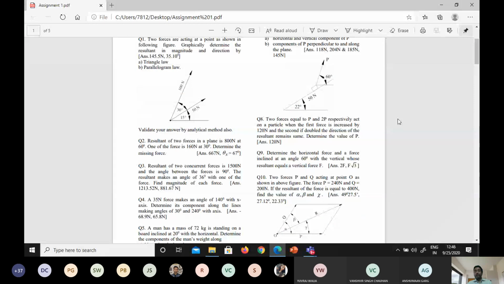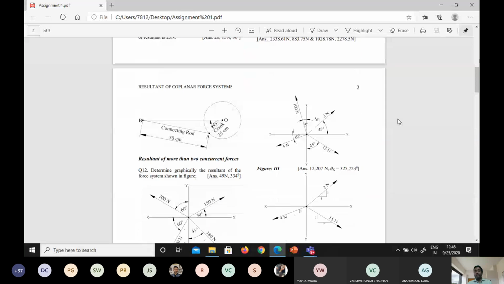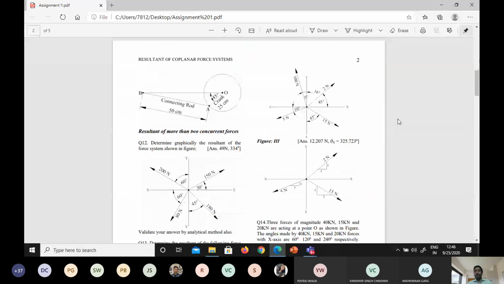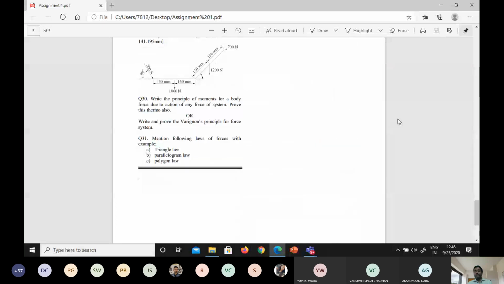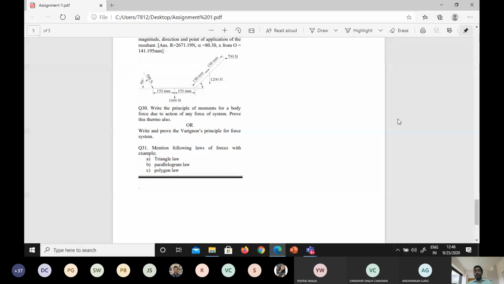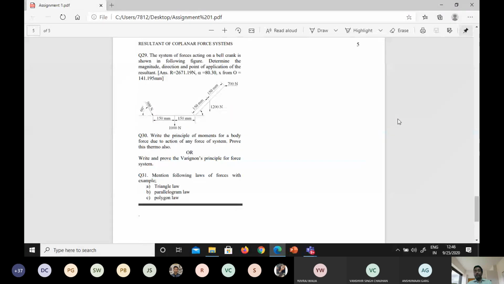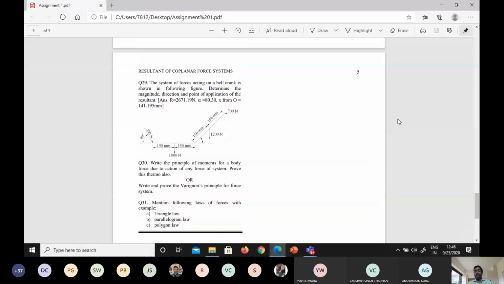Go down. Total number of questions from this is 31. Okay. 31 questions are there for assignment number 1. And in the last we have the triangle law, parallelogram law, and polygon law. I think you can easily write definitions of them. There is no need for you to discuss